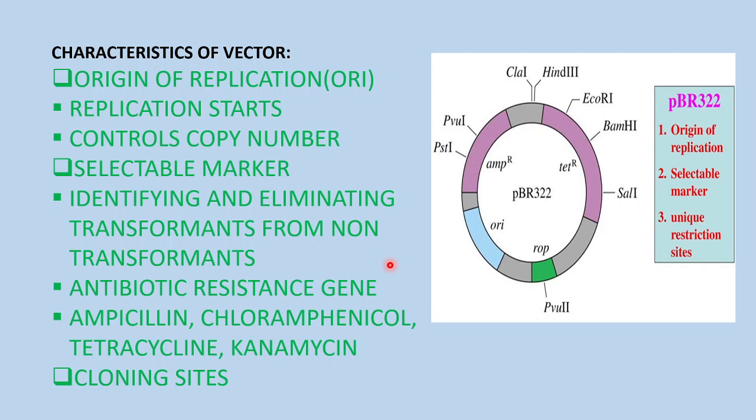Then the next characteristic is the cloning site. The plasmid should have a cloning site or restriction site where the restriction enzyme will cut. These are the portions where they will cut and help us in ligating our new DNA. So palindromic sites, cloning sites, restriction sites, recognition sites, all of these mean the same. These are portions where the restriction enzyme can act, and there our new DNA can be inserted. Now, marker: antibiotic resistance genes act as selectable markers. Restriction sites are used for splicing in the gene of interest, where we can add our new gene of interest.